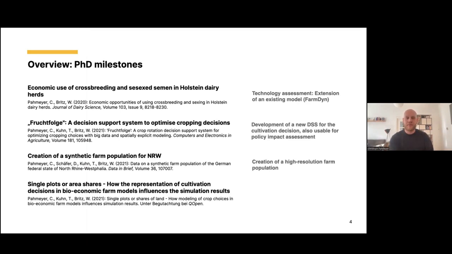And then we had the last paper, on single plots or area shares: how the representation of cultivation decisions in bioeconomic farm models influences the simulation results. That paper is basically just making a difference between the model I used in the first paper, so FarmDin, which